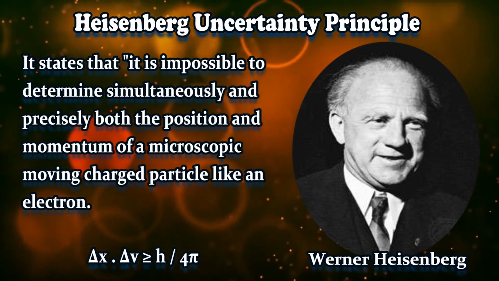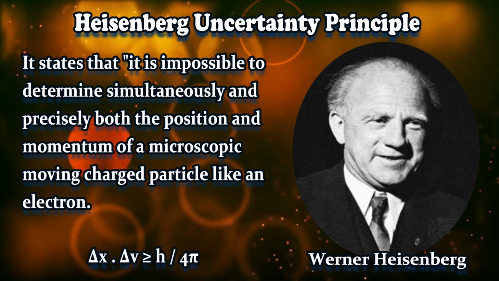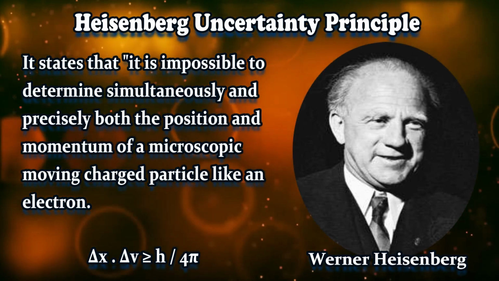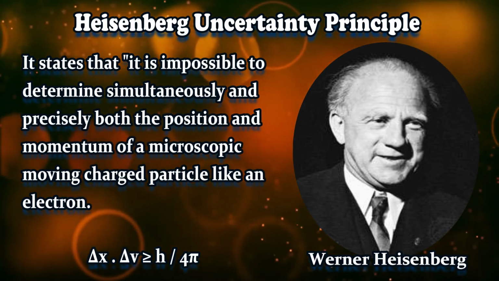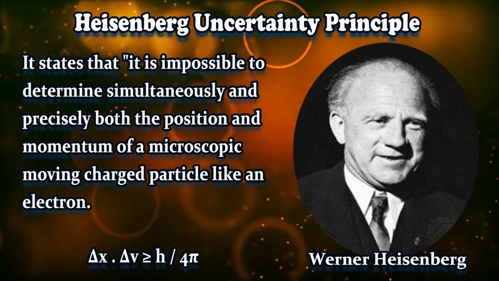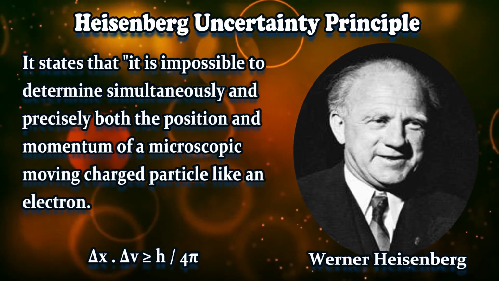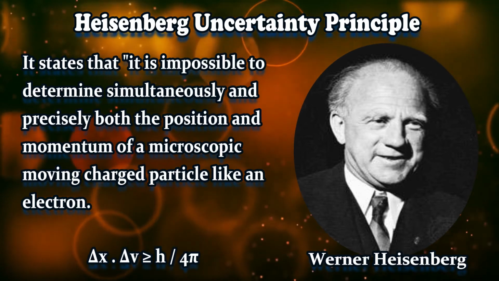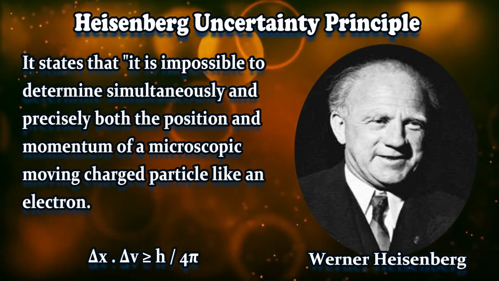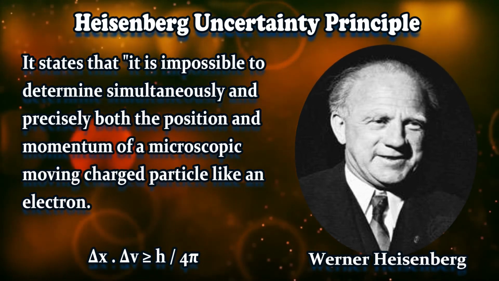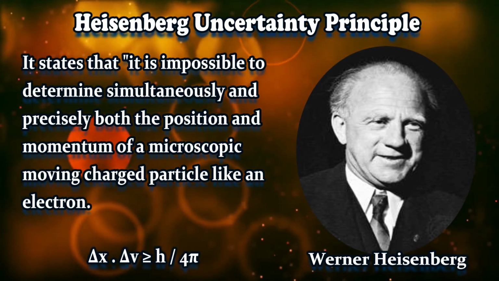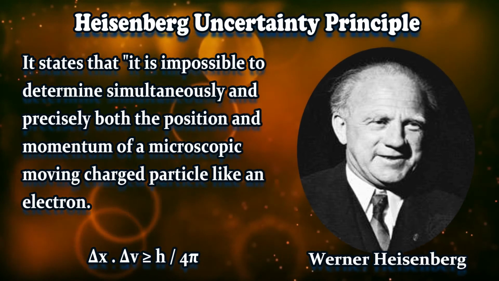So if we cannot locate the exact position and momentum of the electron, then what do we need to do? We need to change the statements of exact position and exact momentum to precise position or given position. So what will we say? We will say an electron occupies a given position and it has a given momentum or velocity, right? Now this can be explained using the equation of Heisenberg, that is delta x delta p greater than or equal to h by 4 pi, right? Using this equation, there are several numericals that we can solve.